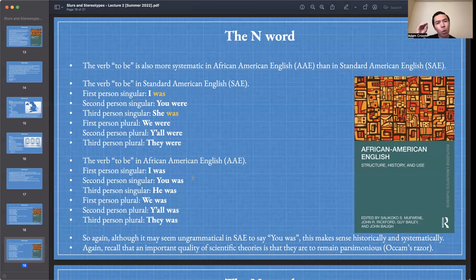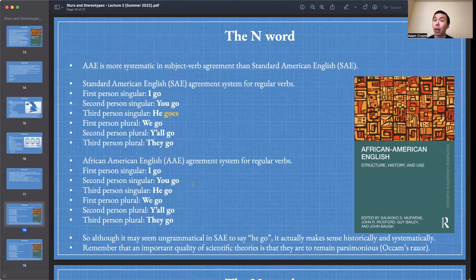Many of us, especially in an academic context, are starting with Standard American English as a default setting, right? Like for what sounds proper to our ears. So at first we might think, "you was late," that doesn't sound good. But upon reflection, we see that this is actually the more consistent system, right? And insofar as we prefer the most elegant, parsimonious systems, there's some compelling evidence or reasons to suggest that AAE is more preferable to SAE.